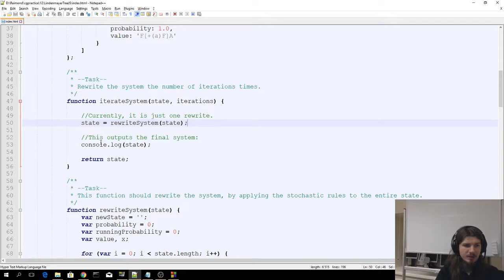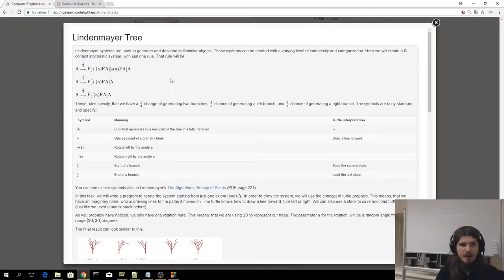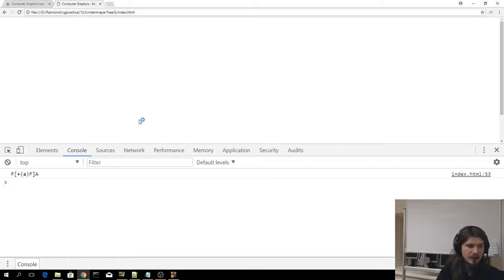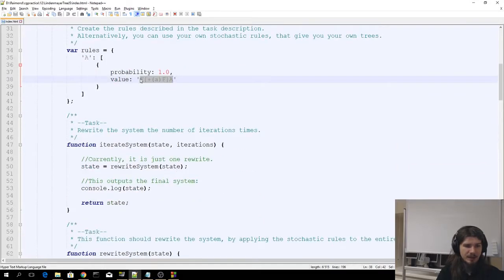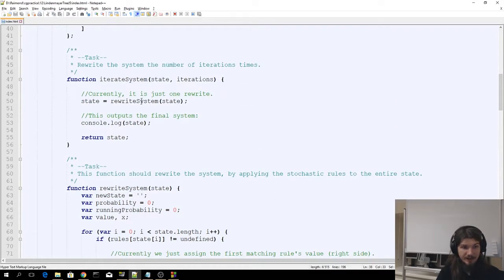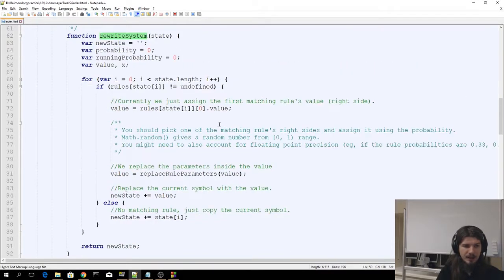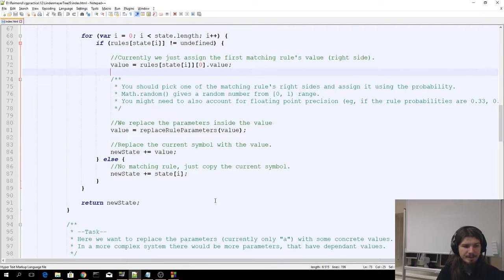And we also output the final system to the log, so I guess we can even currently see this will be the word that needs to be drawn as a tree on the screen. And what do we have? We started from A, and this will be that result, because the rewrite system function is also not finished. It currently just assigns the first matching rule. So that is the first matching rule, and so that's assigned. Okay,